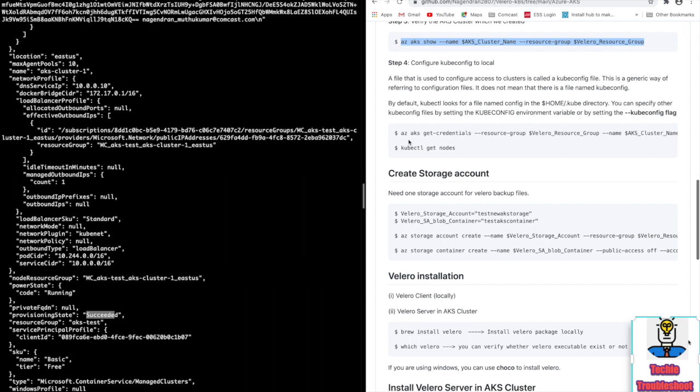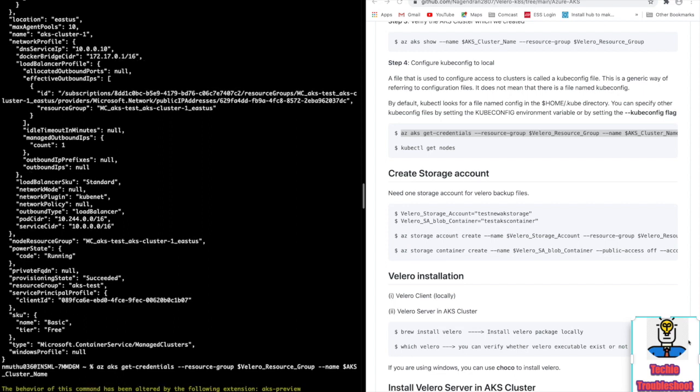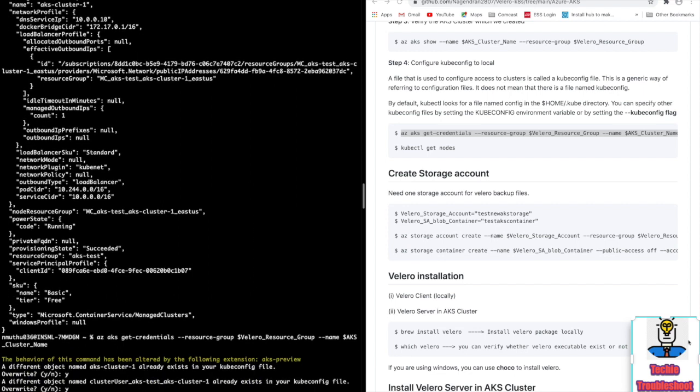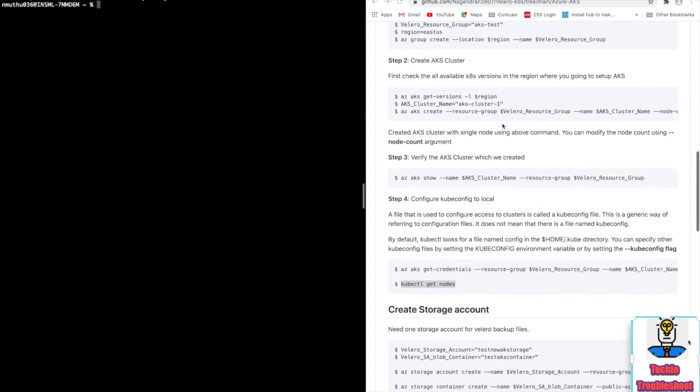The next step, we have to copy the kubeconfig file locally. Here I choose node count 1. For testing purposes, I choose 1. If you want more than one worker node, you can change the node count to 3 or whatever you want. Okay, so here it displays only one node.